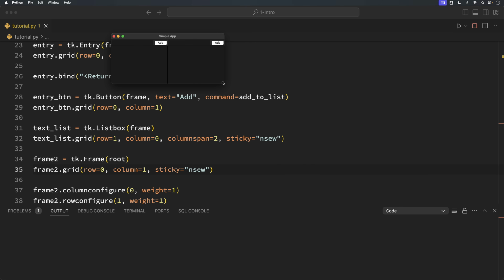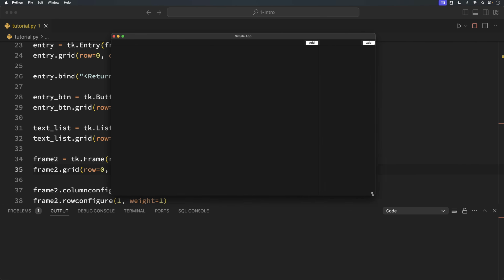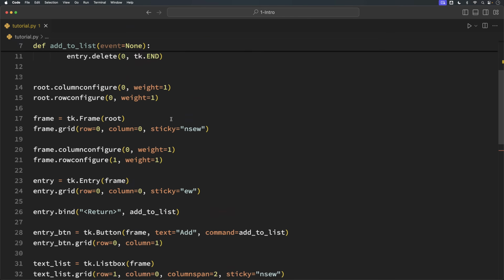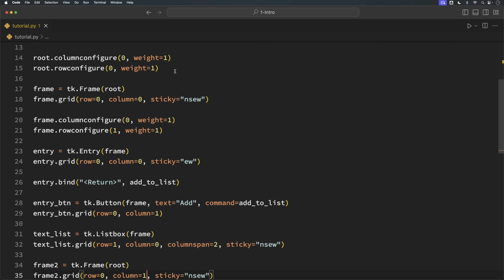Now, if I resize this, then we can see that these don't take up the same width when we resize. Now, this is because of how we set up the weights earlier. So let's change these to see exactly how these weights work. So let me go back up here to the top where we set the weights on our root window. So the reason our first column expands is because we set the column with a weight of 1. The second column doesn't have a weight by default, so it only takes up the space that it needs and